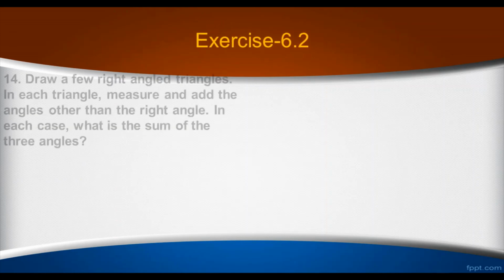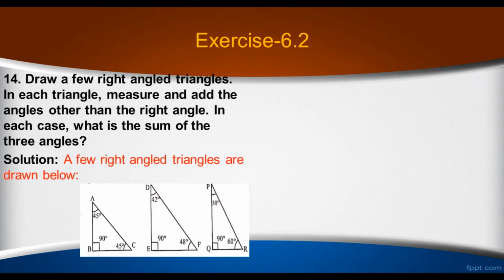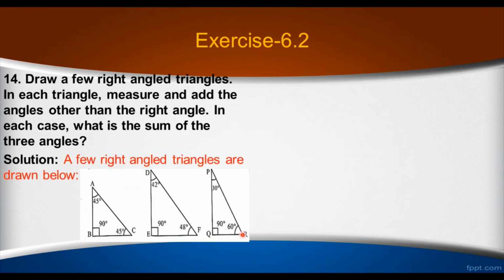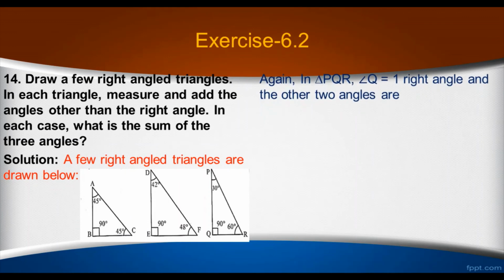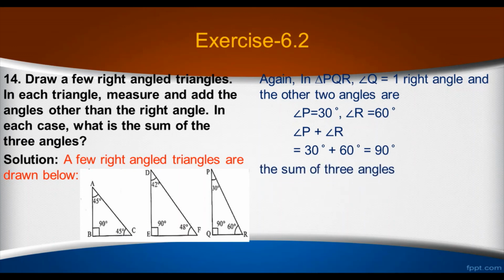Now, my dear students, the last figure, that is another triangle, PQR. In triangle PQR, angle Q equals one right angle and the other two angles are angle P equals 30 degrees, angle R equals 60 degrees. Now, if we add them, we will get 90 degrees. And the sum of the three angles, angle P plus angle Q plus angle R, would be